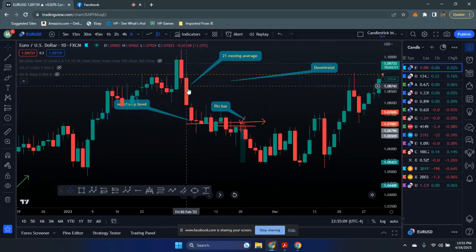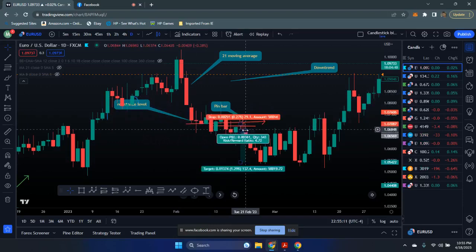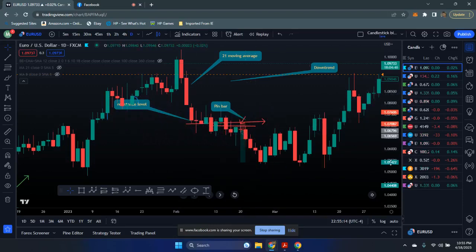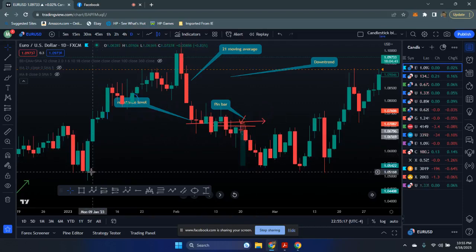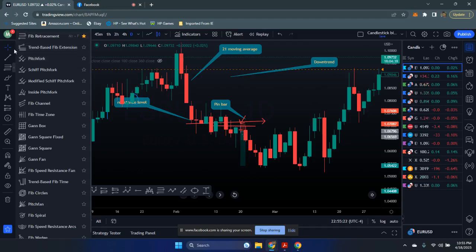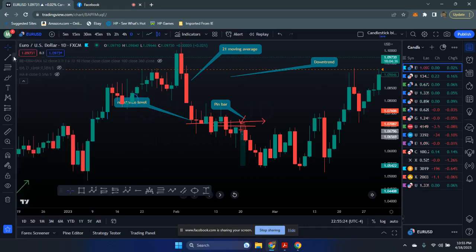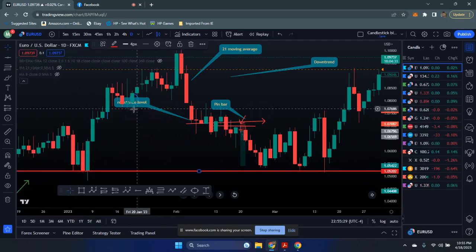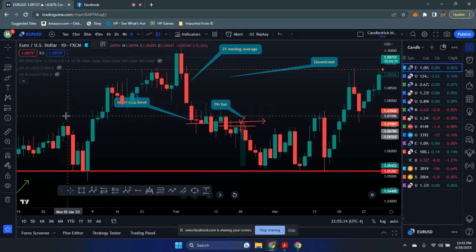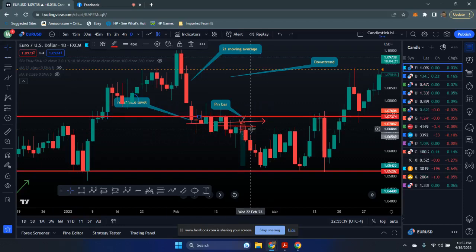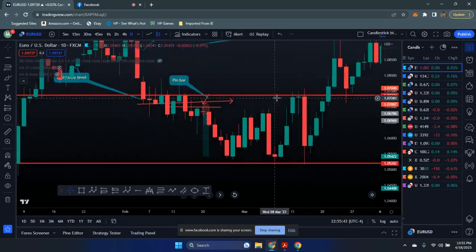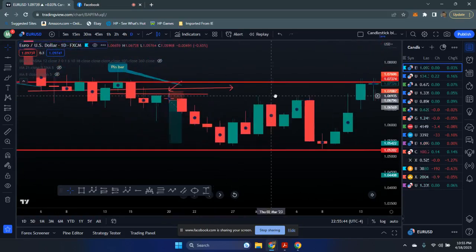I guess we was using the 21 moving average, the pin bar, the bearish engulfing took place, and we took it to a support level. Here was the support level from that previous low, and I'm just gonna mark it here. That's where it actually closed at. Okay. So let's look at it.